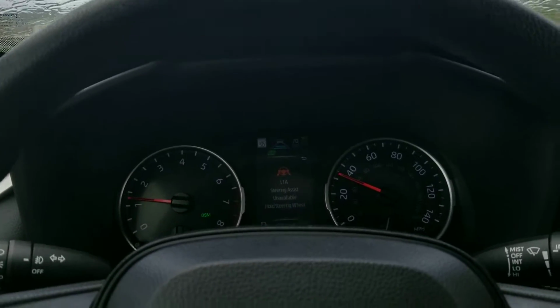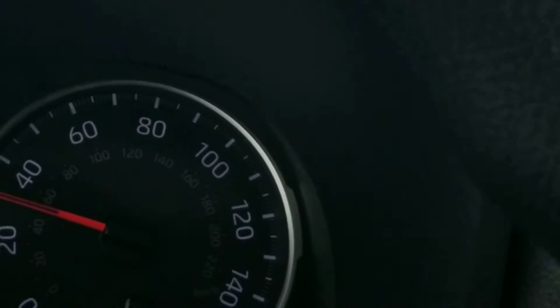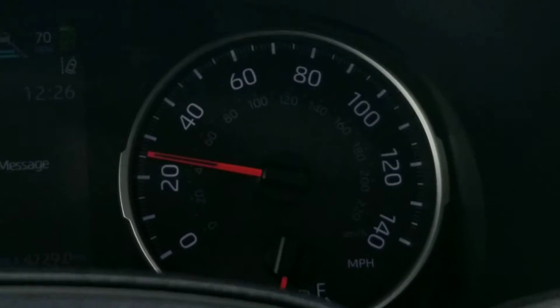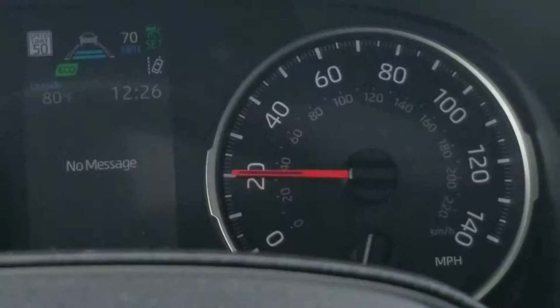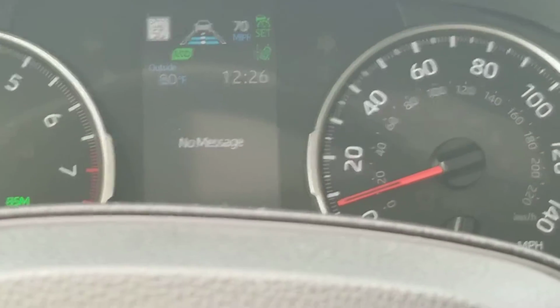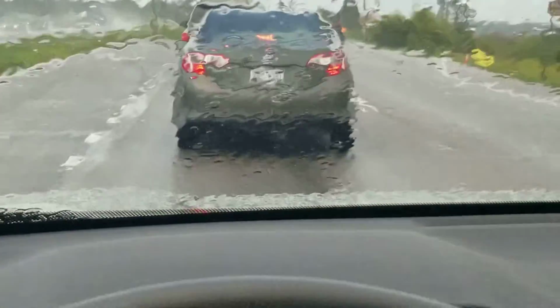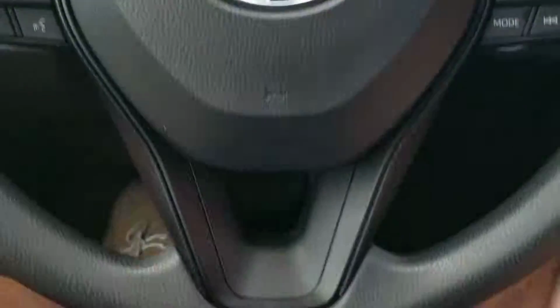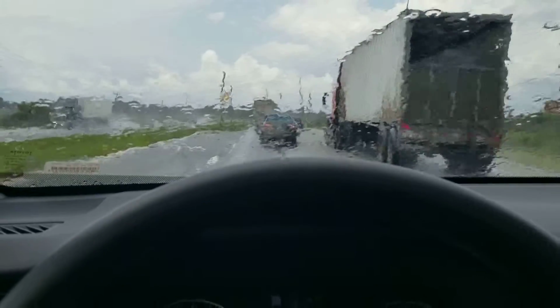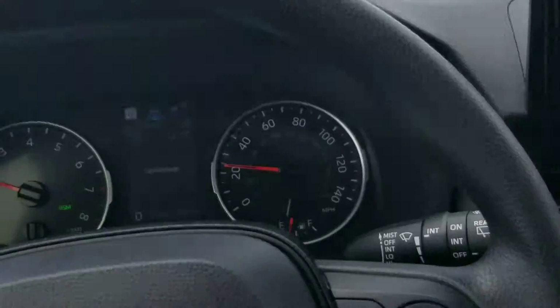on top of everything else, lost my light here. So the thing to point out here is we're actually at a stop now. As you can see here, we're stopped in traffic, and both of my feet are off the pedals, and here we go again. So this thing pretty much takes over,